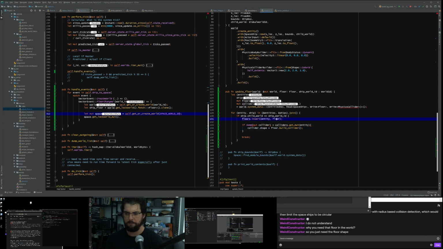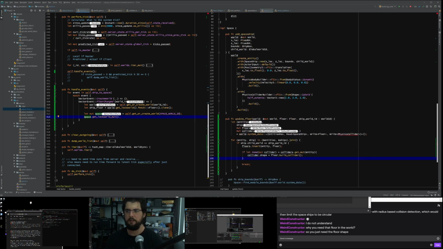I wonder if this insert has taken it by reference or if it's moved the floor. I'm not sure. And I just say let here for this to work. And then that should, as far as I understand, actually change the shape. Now the one thing we've missed is actually sending the events in the first place.